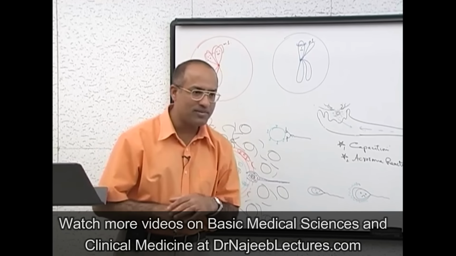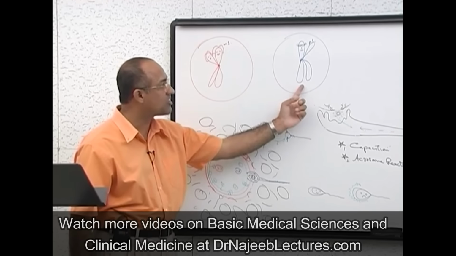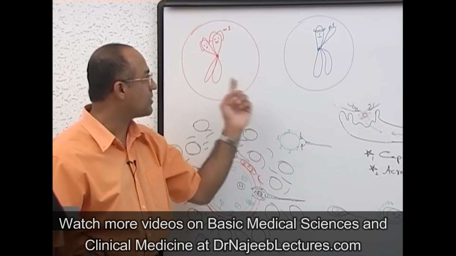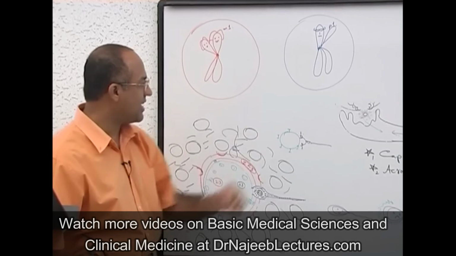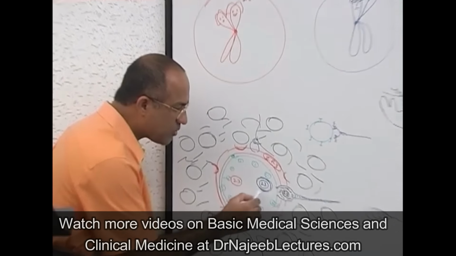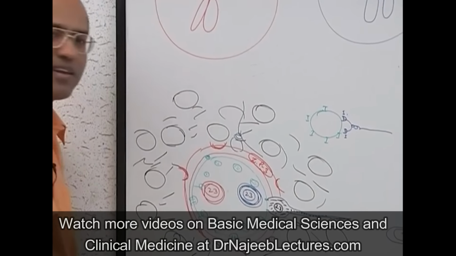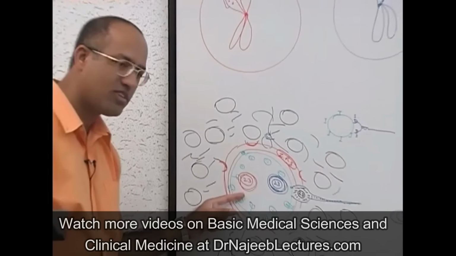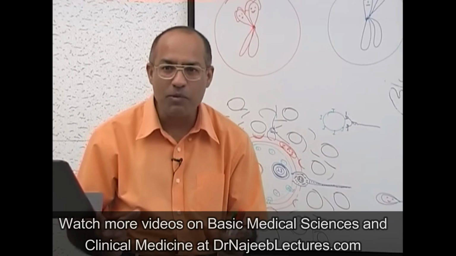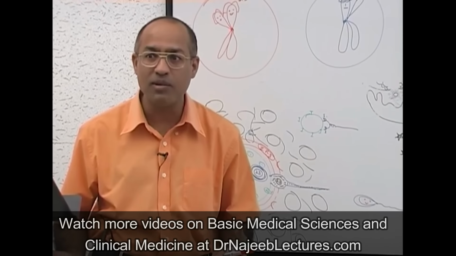Am I really clear to everyone? So now there are 23 chromosomes with double copy of genetic material, 23 chromosomes with double copy. Now they are ready for the next generation, maternal chromosome and paternal chromosome. As they are making their genetic material double, this process is called growth of the nuclei. This is called the male pronucleus and this is called the female pronucleus. So we say that in the fertilized ovum, the male pronucleus and female pronucleus go through growth and maturation. What they are doing then is doubling their genetic material.